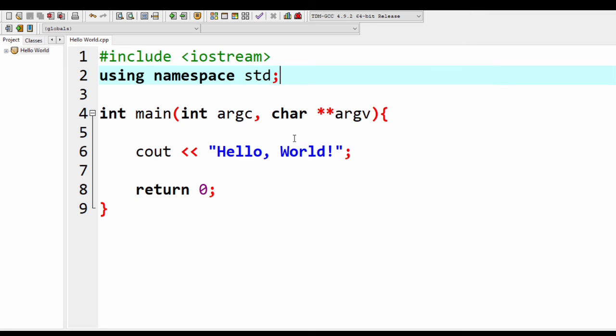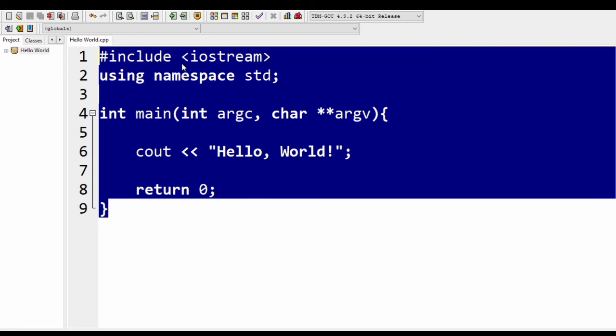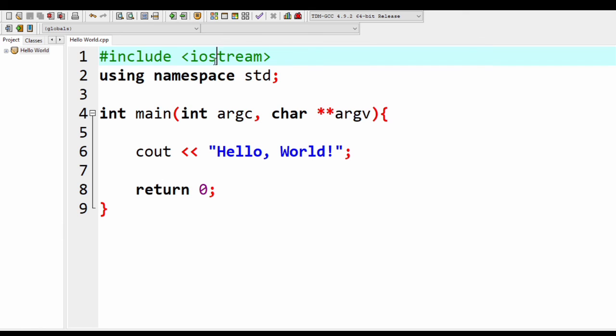Now we have \n and endl. Perhaps this is where I conclude the first part of the series, programming from the perspective of a high schooler. Basically what we just want to know here is, in a basic hello world code, what are the parts of the code, and what do we need.